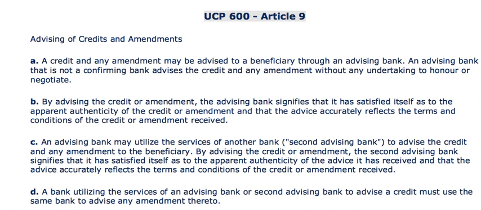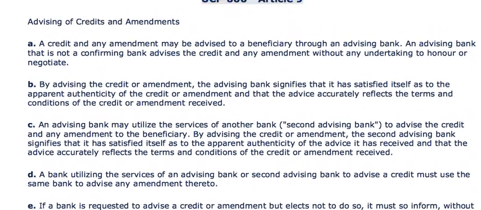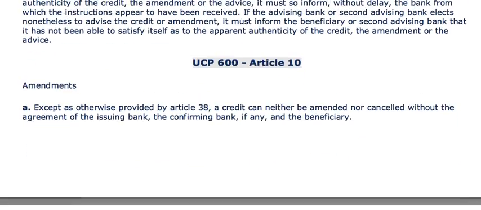Advising, it is only the services to advise, maybe original this LC or any subsequent change in the terms and conditions as per mutual consent of the parties involved thereto. But confirming bank adds confirmation to the letter of credit issued by the issuing bank, and it is just like an undertaking by issuing bank that in any way if issuing bank fails to make the payment of that credit, confirming bank will make the payment. So this is about advising of credit and any subsequent amendments.